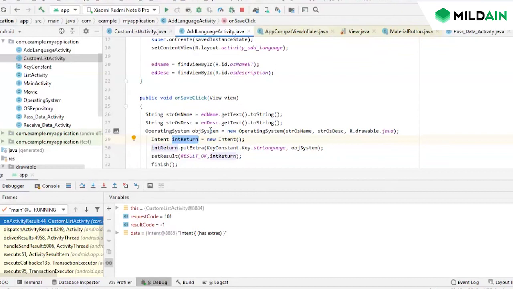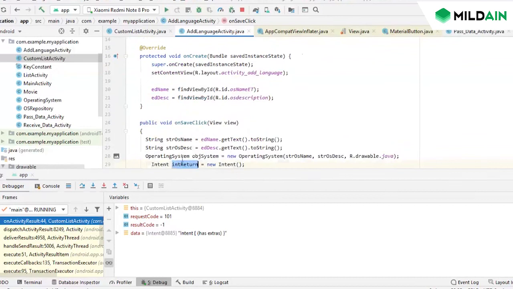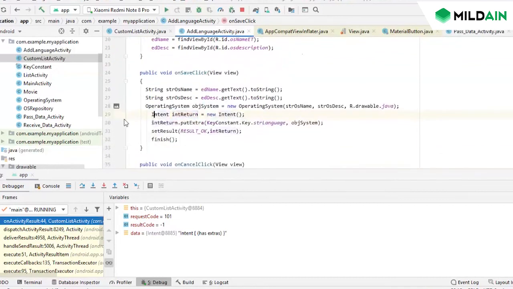Go up on this page. Sorry, go up on this page. Find view by ID, ED name, ED description. R.ID, R.ID. Are these names correct? Yeah, it's coming properly. If I put the breakpoint here,